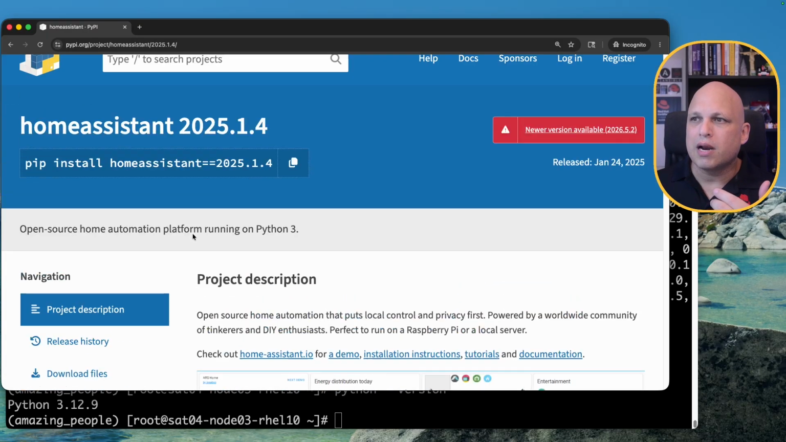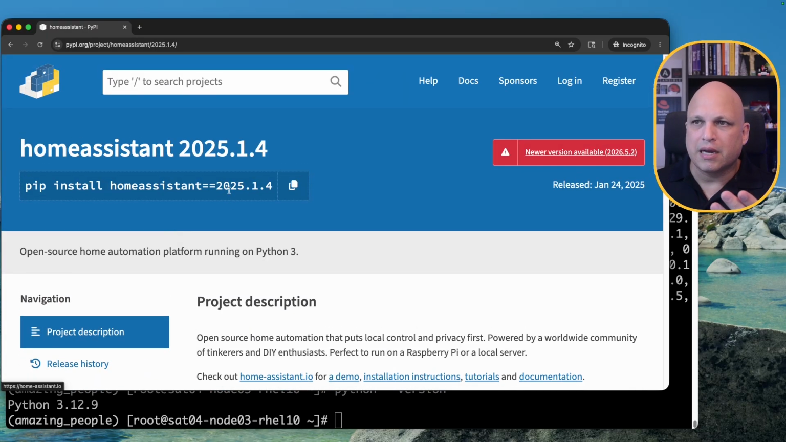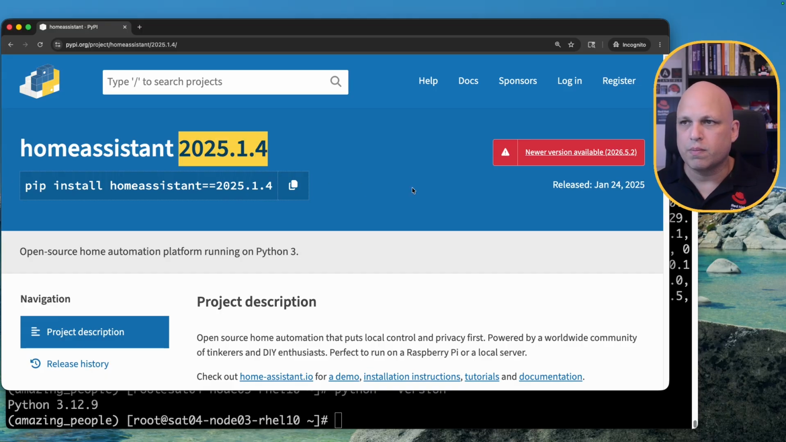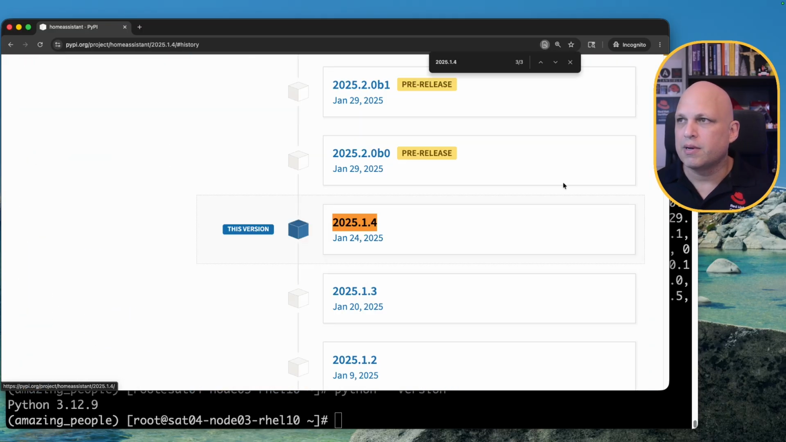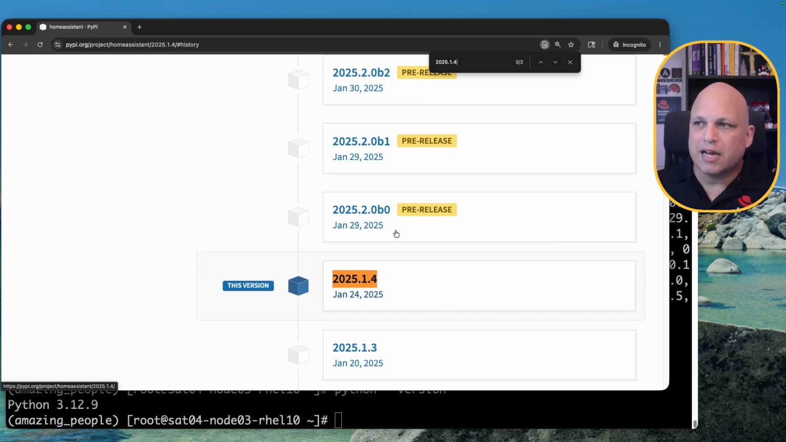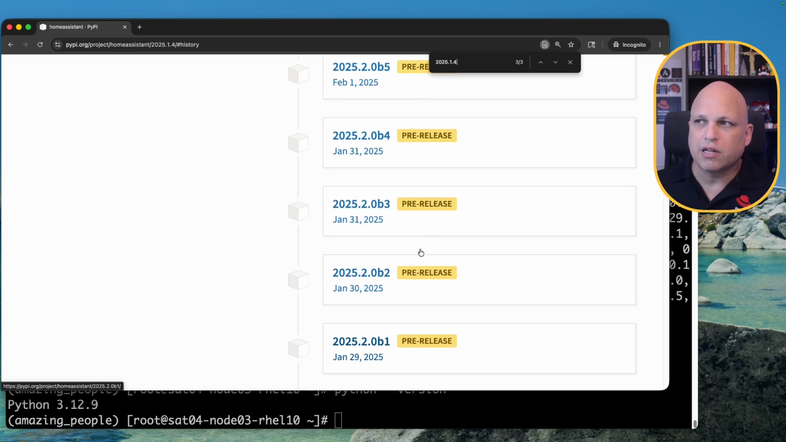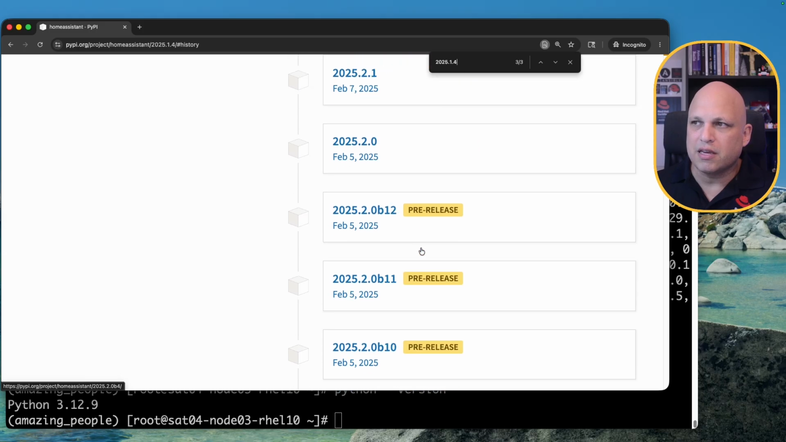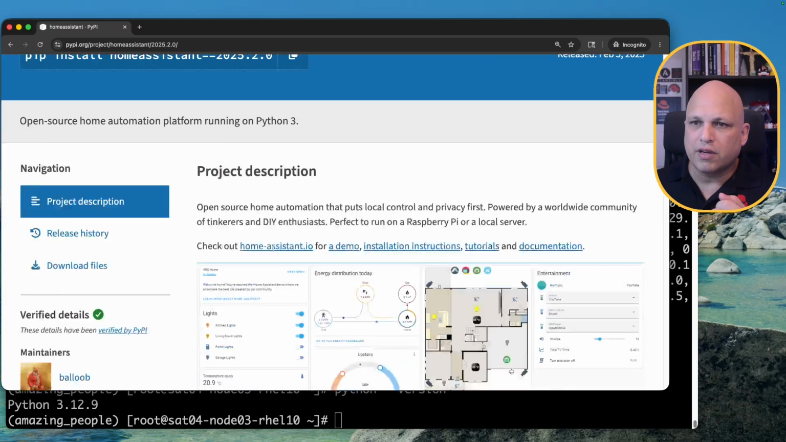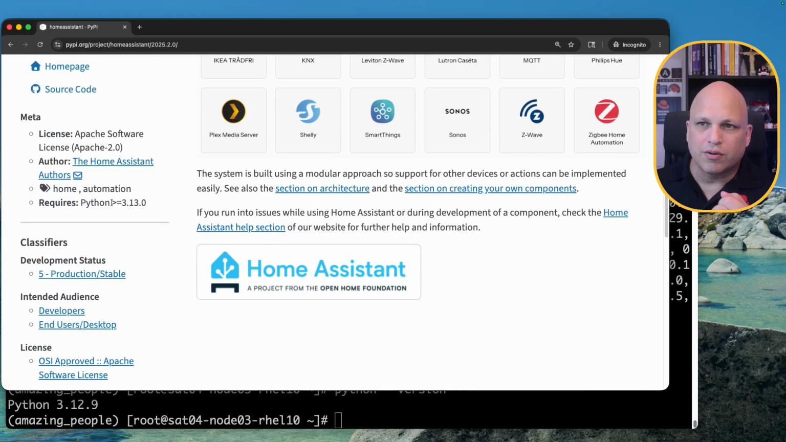Hey, Wally, what about the next version? Because this is 2025.1.4, let me copy this to keep it simple. Command F, this one. Pre-releases after that version will not be on that list, so we can definitely skip all of them. This is the version after. So let's click over here for the next version. There you go. Python